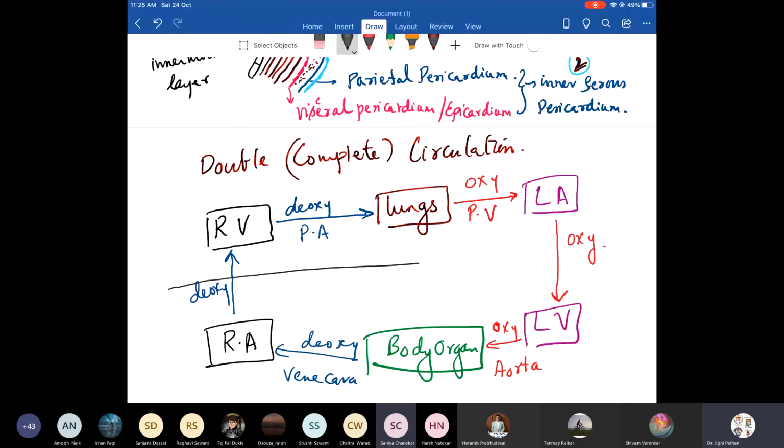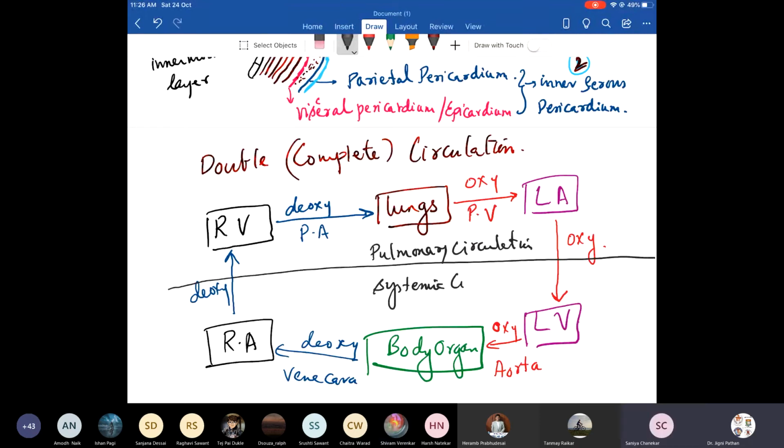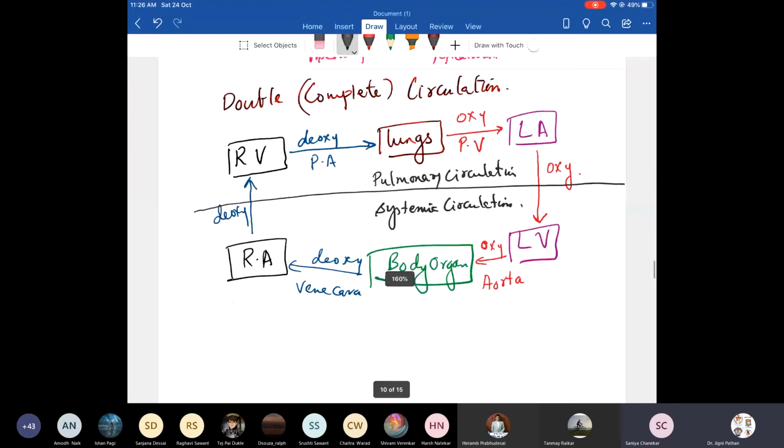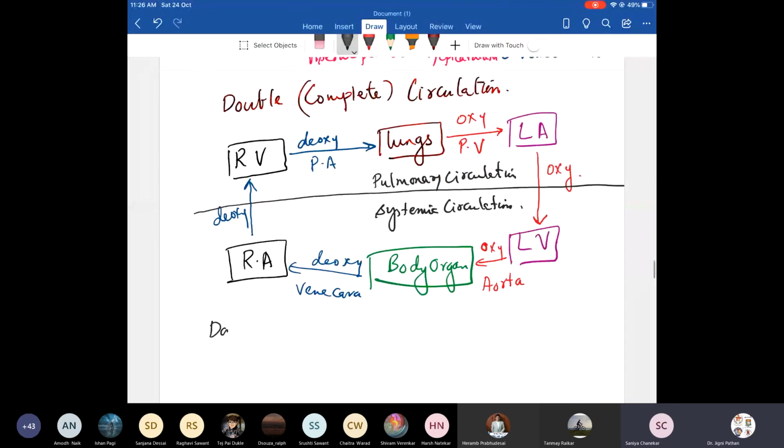In this, we can divide it: everything to do with the lungs is said to be pulmonary circulation. The other part is called systemic circulation. Write down. There are two types of circulation: pulmonary circulation and systemic circulation. So you can write down as double circulation